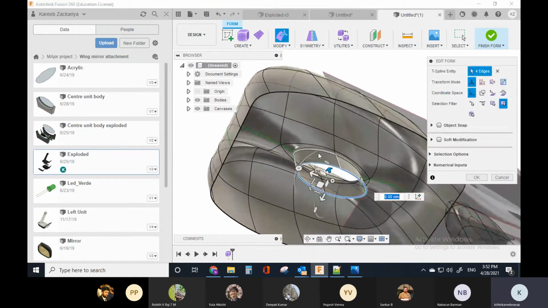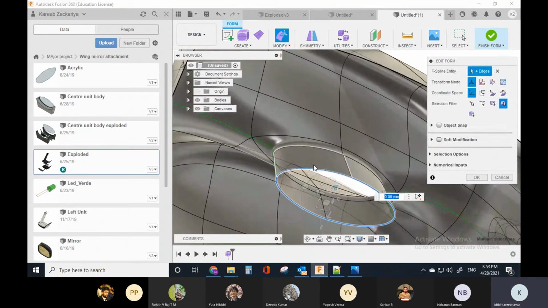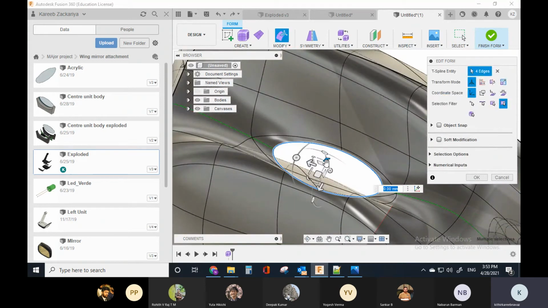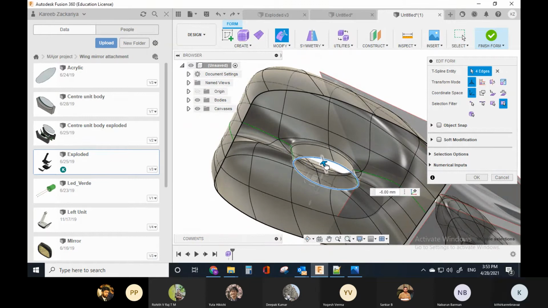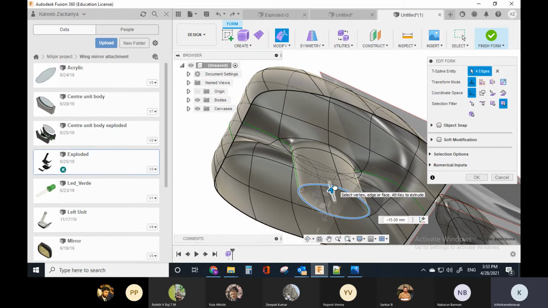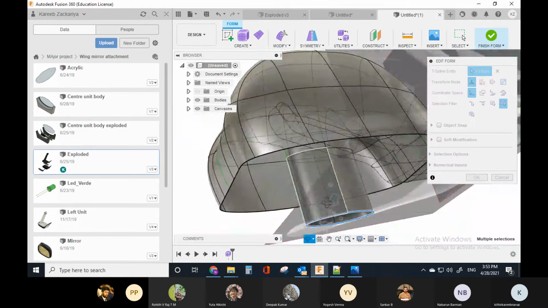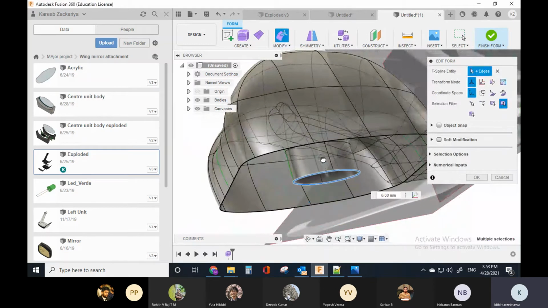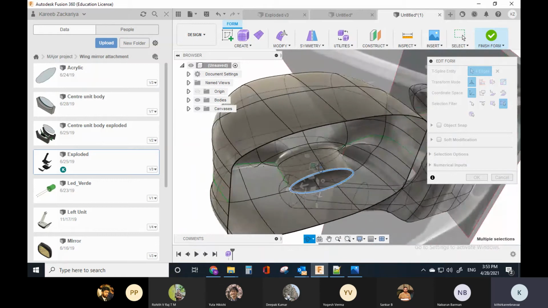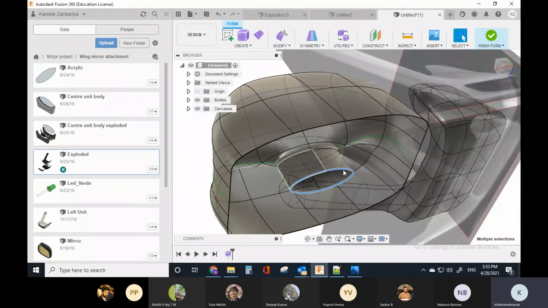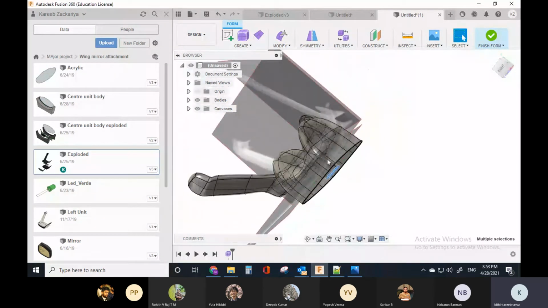So you saw the difference between pressing Alt and not pressing the Alt. This is a very good example where there is only one line. I want to develop a surface along that line. So I'm pressing Alt and holding this. I roughly bring it until here, and press OK. Now what I'm going to do is I'm going to mirror,